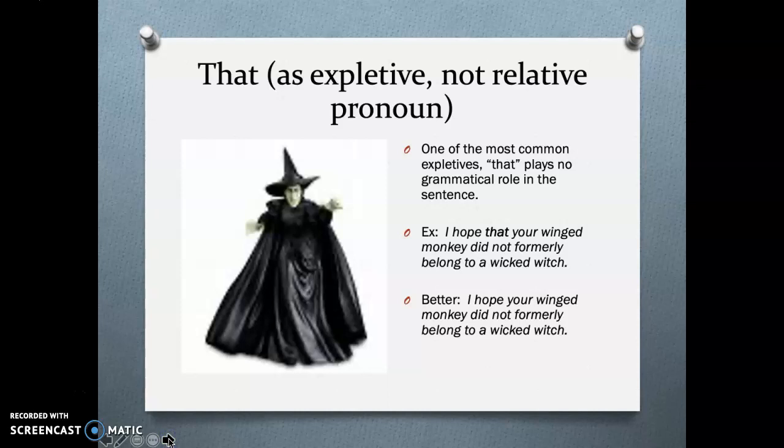That, as an expletive, not as a relative pronoun, often plays no role in a sentence. So I hope that your winged monkey did not formerly belong to a wicked witch is better when it says, I hope your winged monkey did not formerly belong to a wicked witch. These are vestiges of our informal conversation and they fall into our writing. We don't need them. So anything that you can do to get your reader to the heart of your sentence